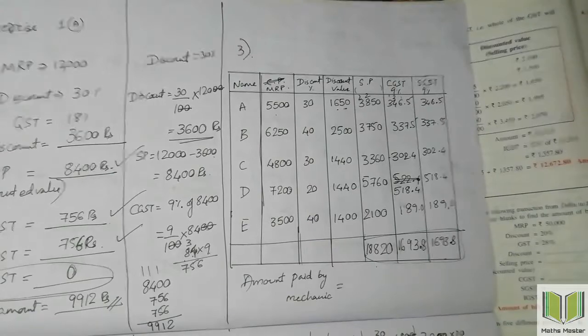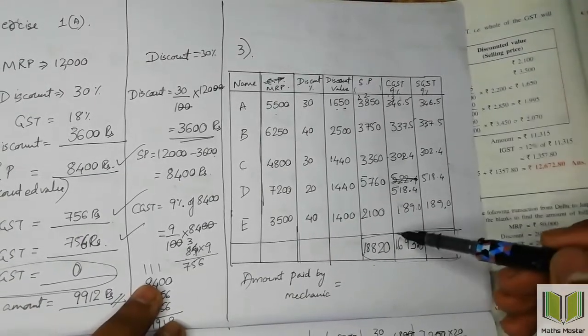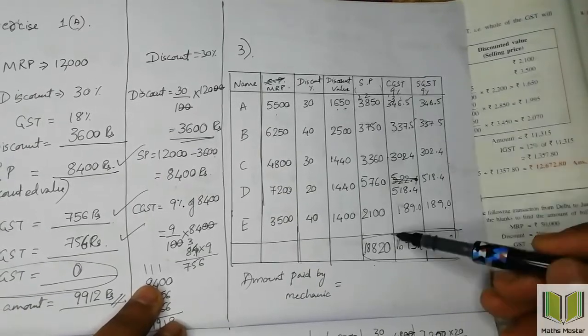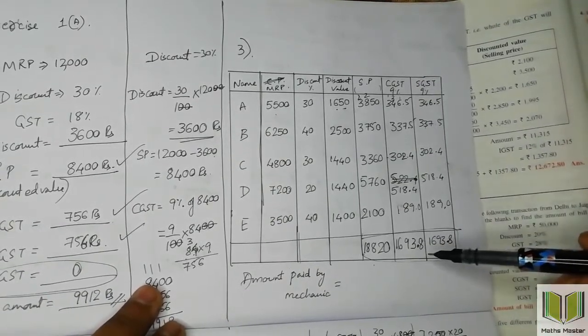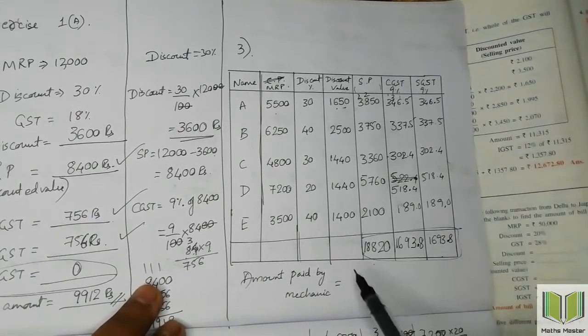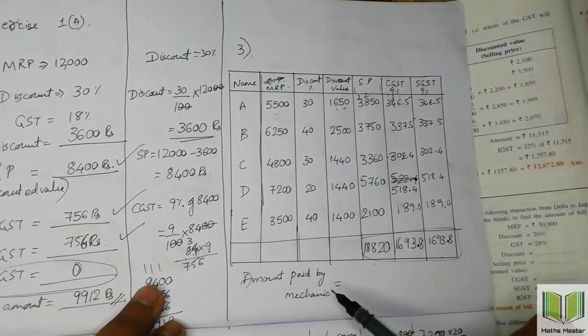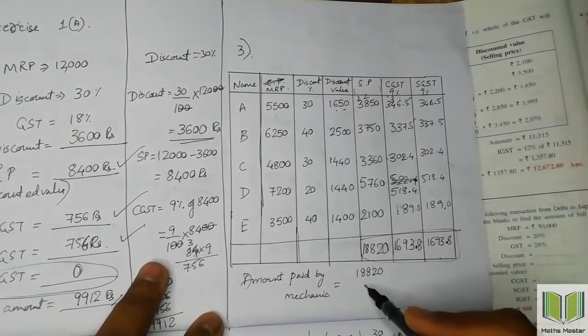346.5. Okay, now the amount paid by mechanic will be the sum of the amount of selling price, which is 18,820, CGST, which is equal to 1,693.8, and SGST, which is equal to 1,693.8. If I add all these three, I'll be getting the amount paid by mechanic, which is 18820 plus